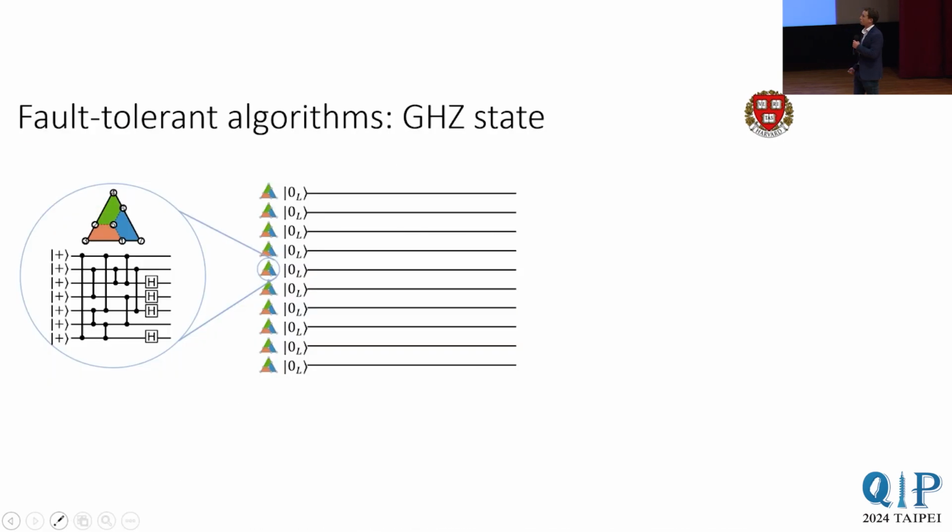And once we make these logical qubits, we can start exploring algorithms between them and start to explore the subtleties of that. And here we're doing one of the first things that you would do anytime you make a new type of quantum device, which is make a GHZ state. So we have these 10 logical qubits. We use 5 of them as ancillas to check for errors on the other ones and do fault tolerant initialization. We take these ancilla logical qubits, drop them off in our storage zone where they're safe from errors, and then we make a 4-qubit GHZ state out of our 5 logical qubits just because it was easier to do tomography on the 4. And then we measure them with single qubit Clifford rotations.